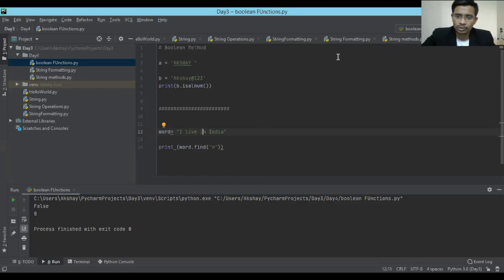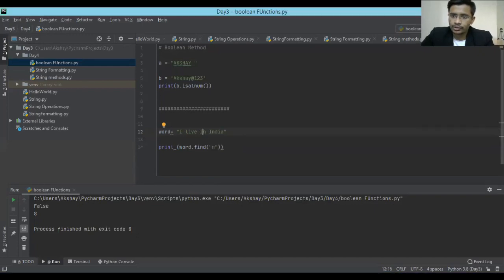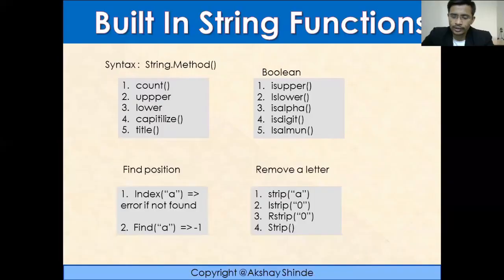Yeah, Suraj, you can ask a question. Just type it in the chat box. Okay, so no typing. So let's move forward. So next is, if you want to remove... why are there two functions of the same type? So you are asking about index and find, right?